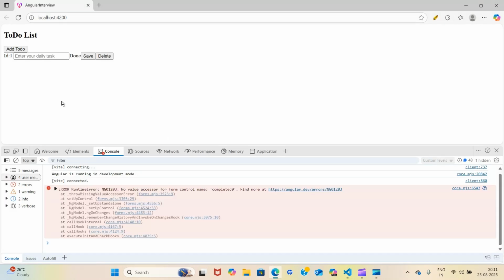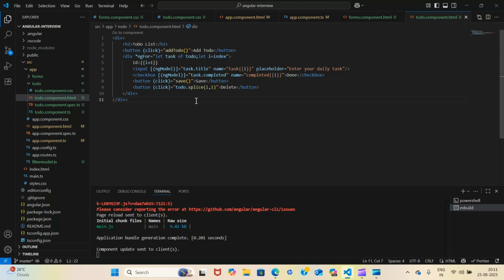We can see add todo, and now there's no value accessor for form control name completed 0. Okay, so ngModel task dot completed, name is this, then checkbox is this.